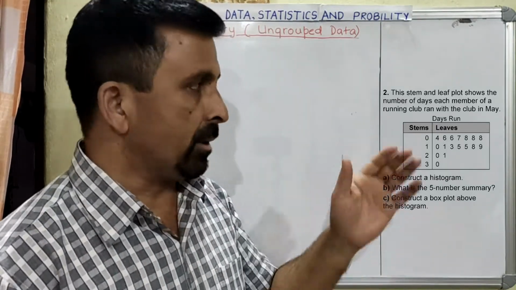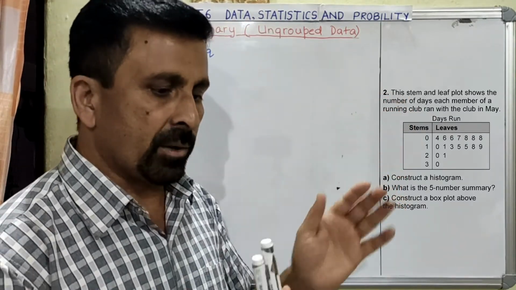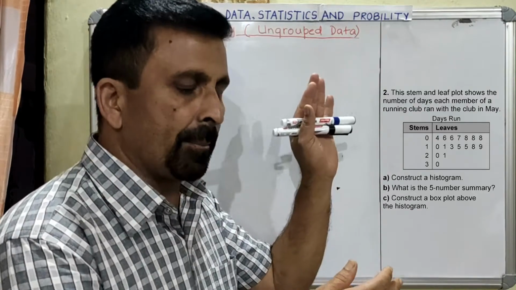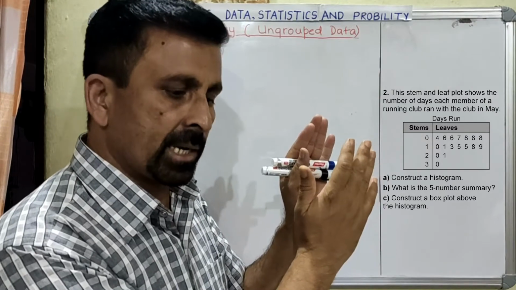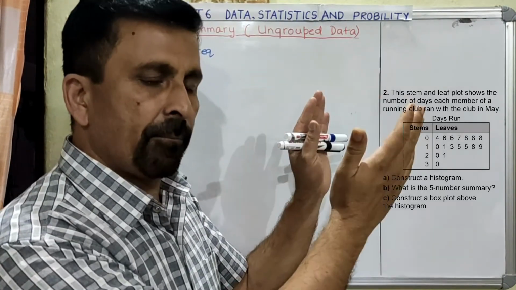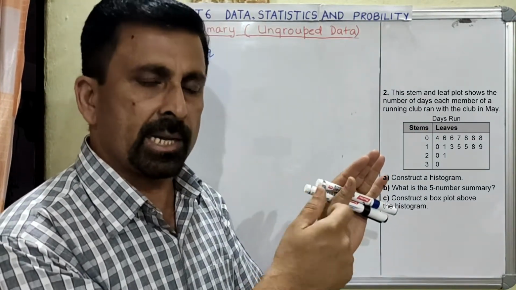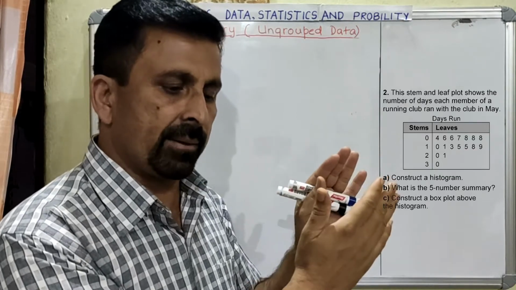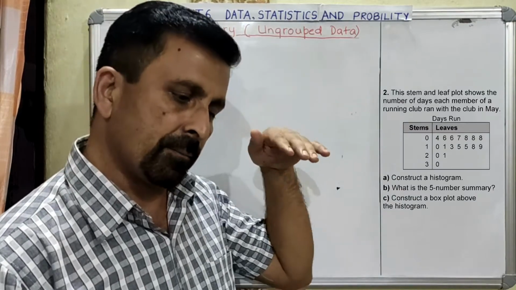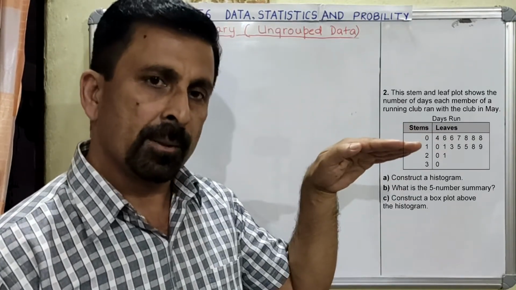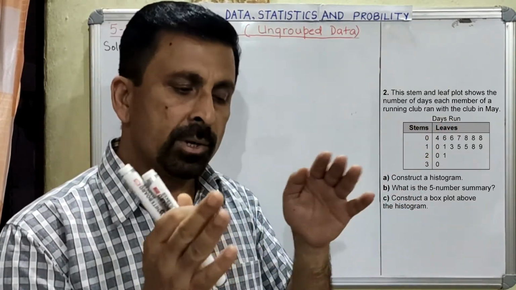From the stem and leaf plot we can easily read the data. We need to combine the stem with a leaf. If I read the first data, in the stem we have 0 and the leaf is 4. Combined it is 0, 4, which means 4. So the first data is 4. Then we have 6, 7, like 0, 4, 0, 6, 0, 6, 0, 7. The leaves in the first row are all single digit, which means their values are between 0 and 10.